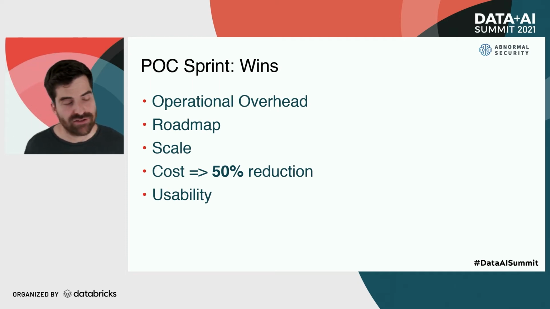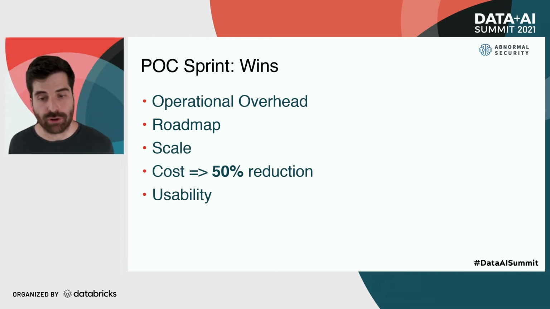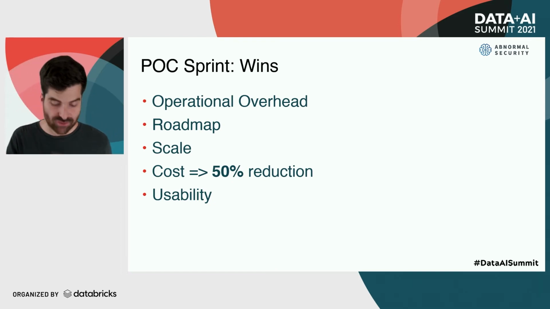So, scale. I mentioned that we had this pattern of having per-customer jobs in a pipeline. Historically, we saw problems scheduling all those jobs on the same YARN cluster because we would have scheduling bottlenecks, right? There's only a certain number of jobs you can run concurrently on a YARN cluster. So some of these jobs would actually fail because they couldn't get any resources. That problem goes away because each job is running on its own cluster. Similarly, resource-intensive jobs run completely separate from any other jobs. They can't impact any of those other jobs. So as long as you can request that many instances from AWS, you'll be able to run those jobs.